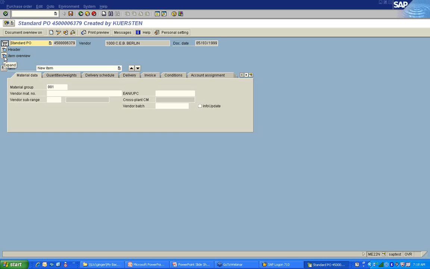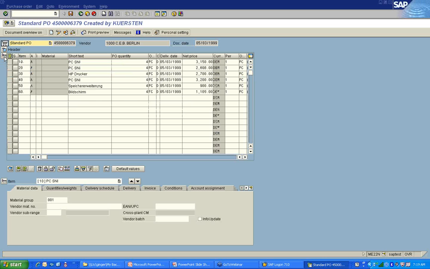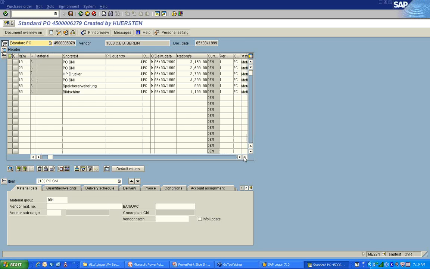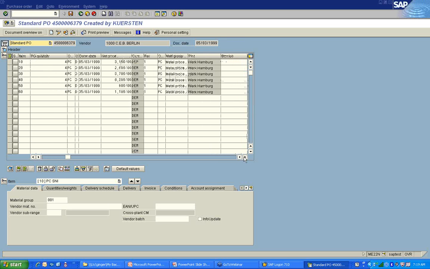So I'm going to click on the expand button next to the item overview section, and we see that table expanded. Now currently you see a set of columns displayed and a set of rows displayed in this table, but you'll notice that down here under the table we've got a scroll bar, and that scroll bar allows you to see additional columns that aren't displayed in the transaction table, just simply because there's not enough room on the transaction